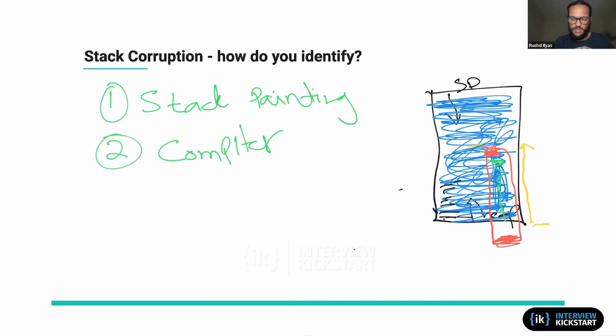Yeah, it's called dash f stack protector. So there's a flag in the compiler that you can set up. It's called dash f stack protector dash all. So what it does is that every time it makes a function call, and every time it ends